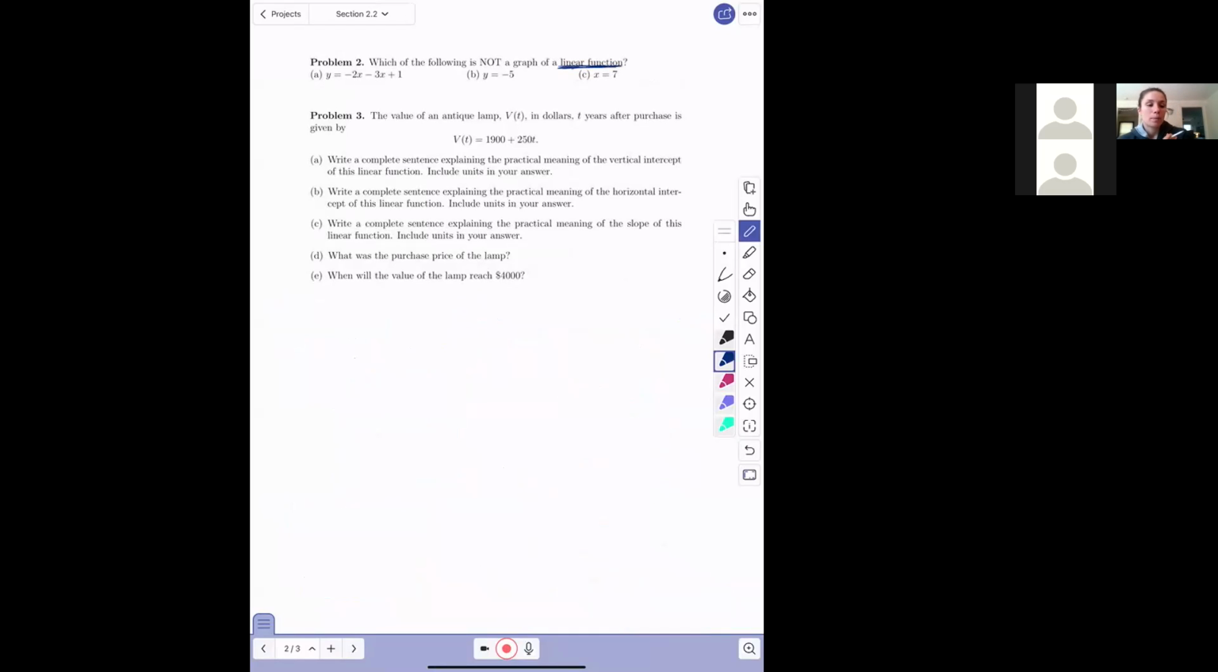Problem 3, we're going to do A, B, and C together. D and E I will leave for you to do on your own. The value of an antique lamp V of T in dollars T years after purchase is given by V of T equals 1,900 plus 250T. Part A, write a complete sentence explaining the practical meaning of the vertical intercept of this linear function. Include units in your answer. So part A,